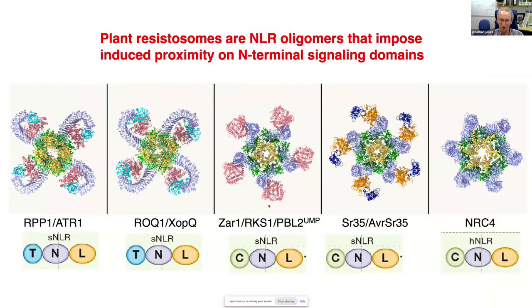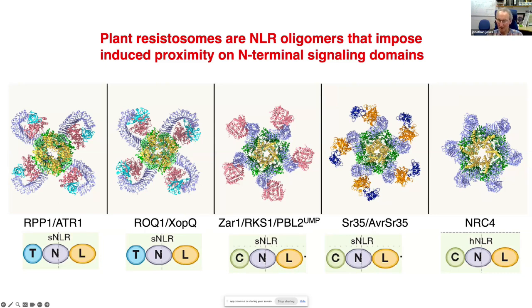So I talk about oligomerization. Upon effector detection, individual protomers that have identified an effector change conformation, so they come together and they impose induced proximity on the N-terminal signaling domain. When these are monomers, basically nothing's happening. But when they come together, four TIR domains stuck together, whether it's RPP1, ATR1, or ZAR1, where there's structural information, as you'll see some additional ones, you get this induced proximity of the TIR domain. Induced proximity of the CNLs,